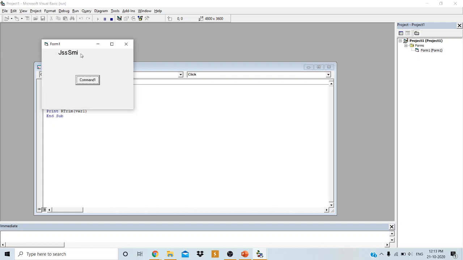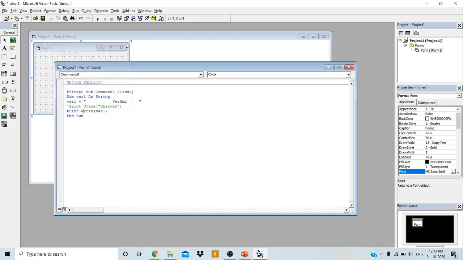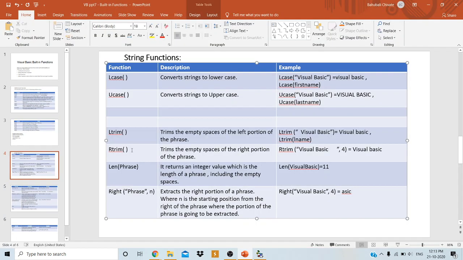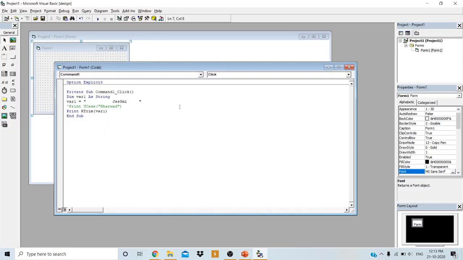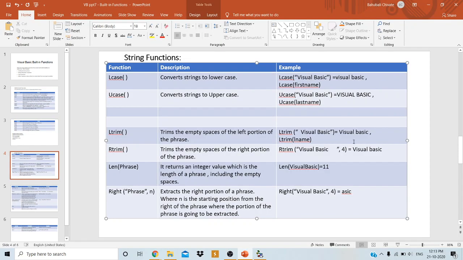The right side spaces are truncated. Fine. Here also no need to give a second argument. Only one argument is required.